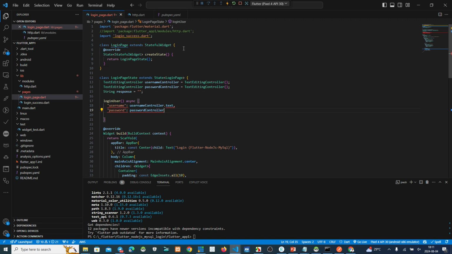Why still red? Oh, sorry about that. We must import the HTTP. Yeah, this one. Dot text here.